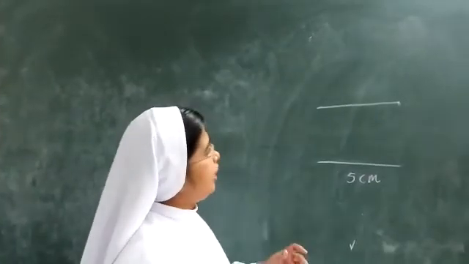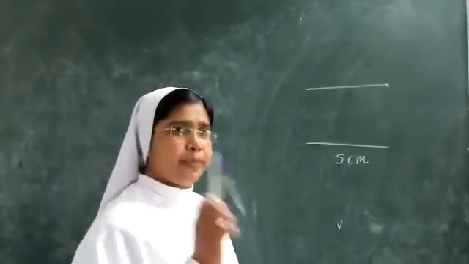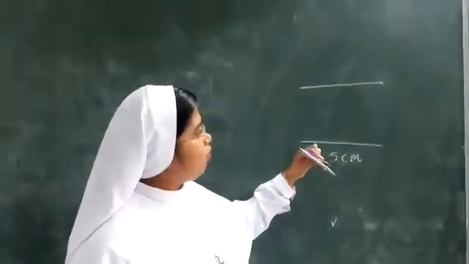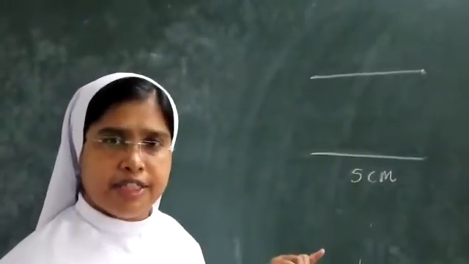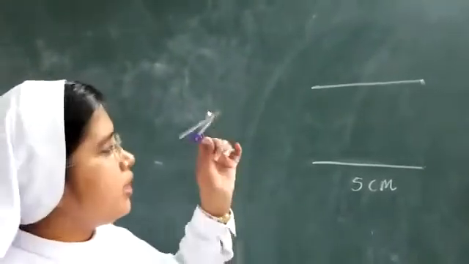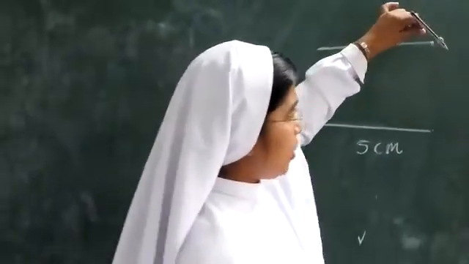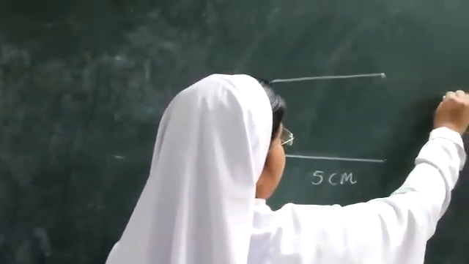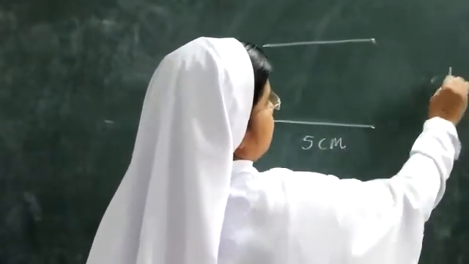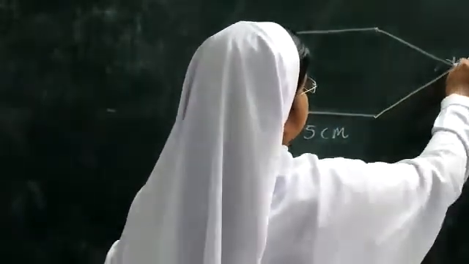Okay, using the scale. Then what you have to do? You have to use compass and pencil. Now here also you have to take 5 centimeter because both sides I have taken 5 centimeters. The question is a hexagon with equal sides. So in the compass I have to take again 5 centimeter. Fixing the compass here, I draw an arc here. From here also keeping the compass, draw another arc. Then join.